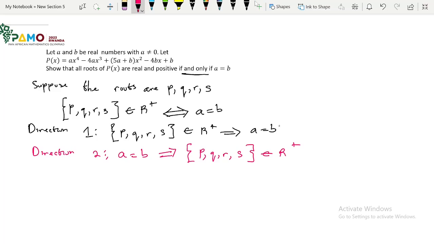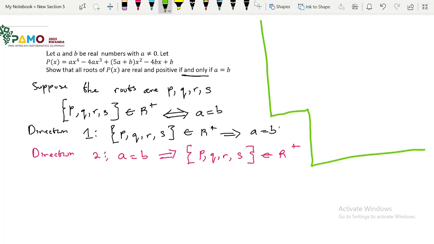So let's go with the first direction. I'm going to use Vieta's formulas now, this roots concept. Let me just come here. I'm going to put a formula here now, in case you're not so familiar with what Vieta's formula is like. Vieta's formula says that assuming you have a polynomial